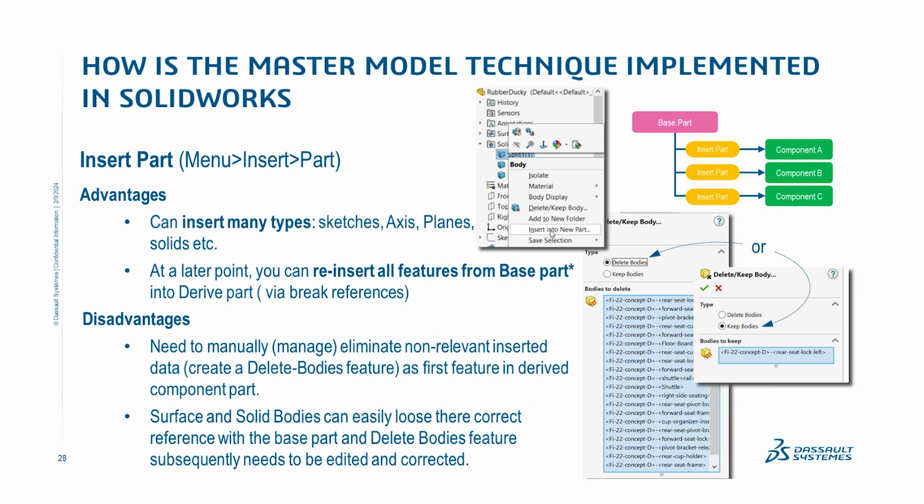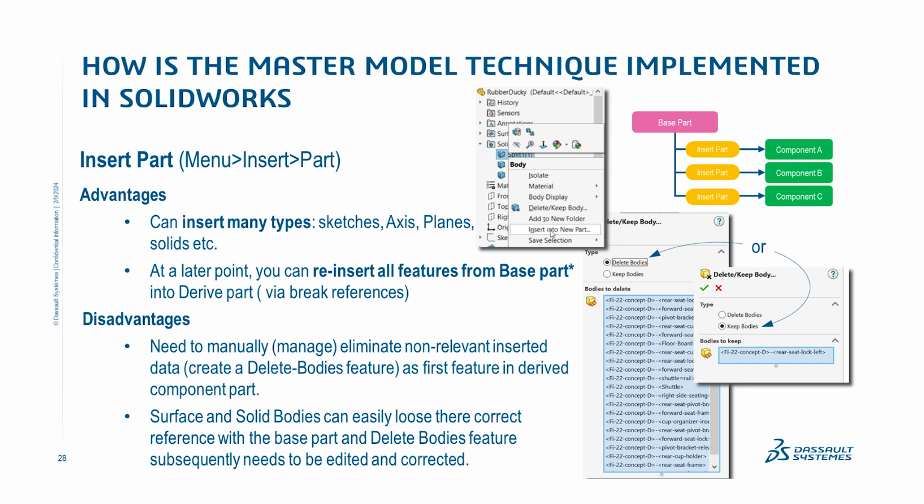So with insert part, we'll dive a little deeper into each of these. The method is, like I had mentioned, you create a blank or an empty part, and then you insert a part into it. The advantage of this is that you can insert a surface or a solid, but you can also insert sketches, axes, planes, cosmetic features, whatnot, into the derived part. The added step, though, from this is that